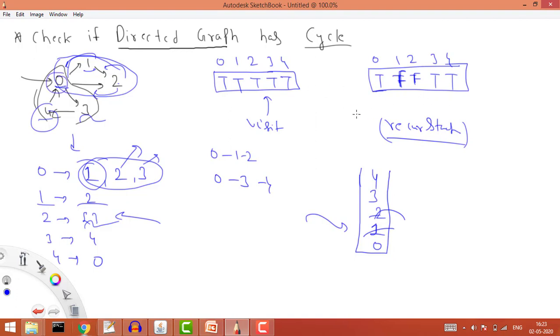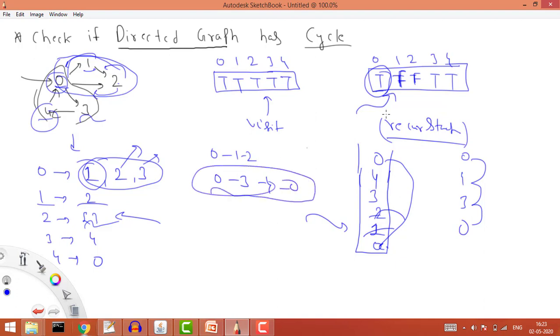So yes, if you see here for this 0, because the neighbor of 4 is 0 and this 0 is already true value here in the recursive stack. So it means what is happening? It means after 4 it will be 0, and this 0 has already appeared in the recursive stack. So it means there is a cycle. There is a cycle from 0, 3, 4, 0. So we have a cycle from here, 0, 3, 4, 0, and because the value had already appeared in the recursive stack, it means we have a cycle, right?